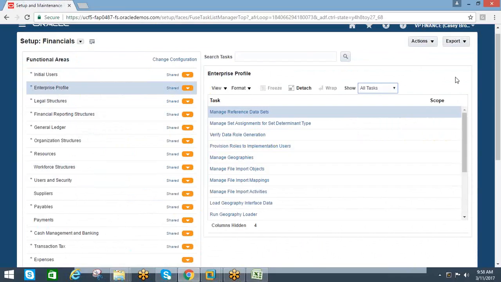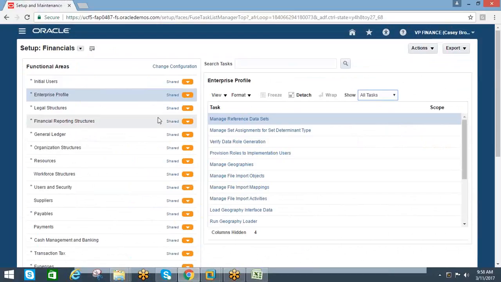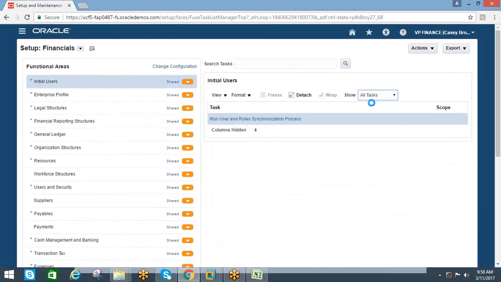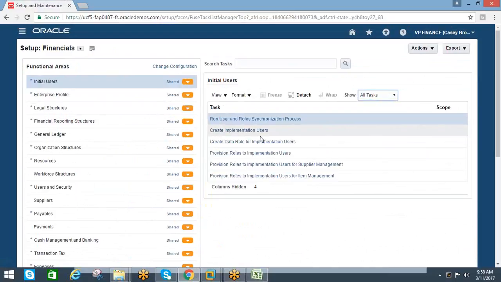For this, let us click on Initial User, then click on All Tasks. Let me create the implementation user. Once you click on Create Implementation User, it will go to